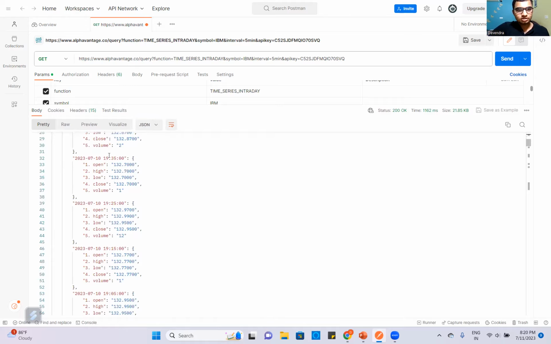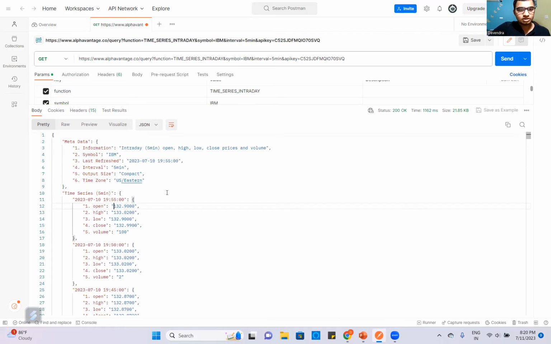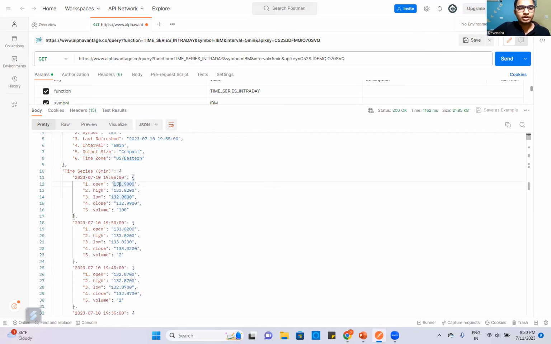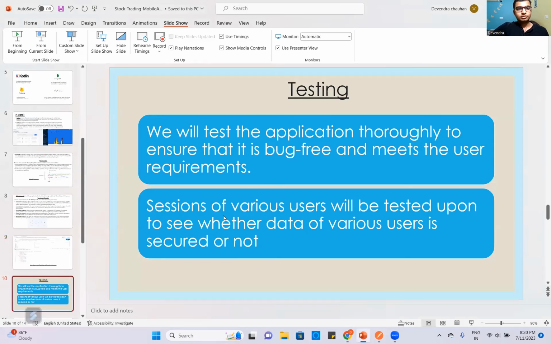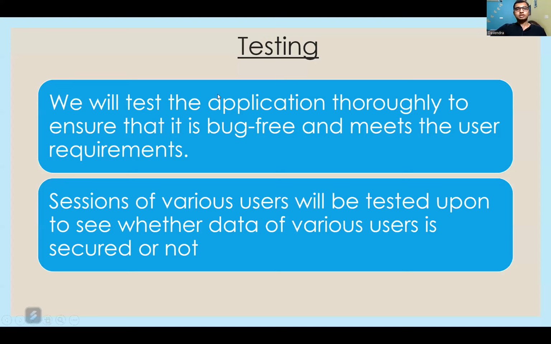Yes, so we have to get this particular data, and then we have to make something of it and display it to the user in a way that he or she can visualize and make something of it. So for the testing part, we would be testing the application to ensure that it's bug free and it meets certain requirements. The particular thing that we have to thoroughly test is that the application that we're making should be